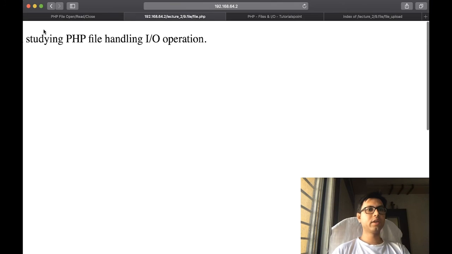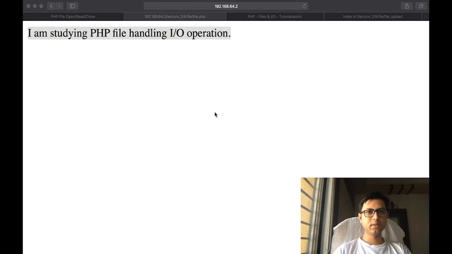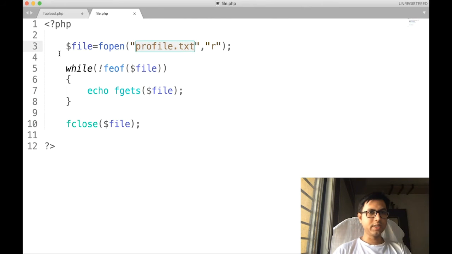It will give me the latest file content, whatever I had updated in the file, and this is the code for that.